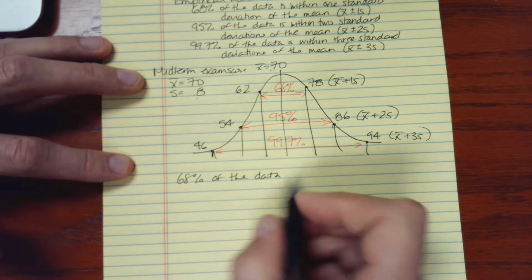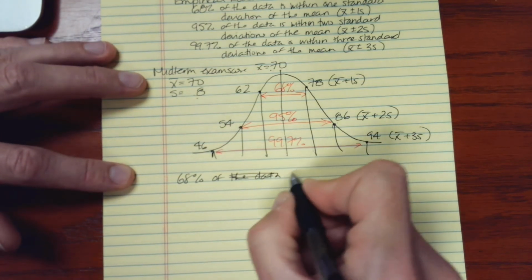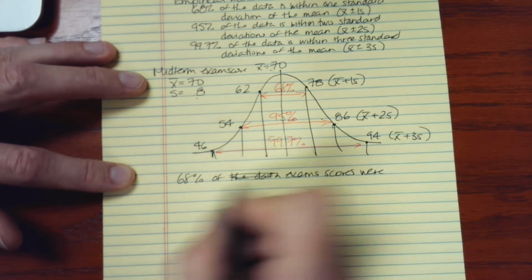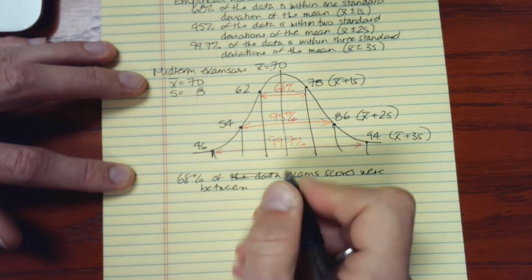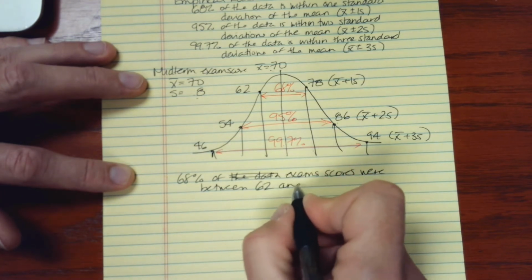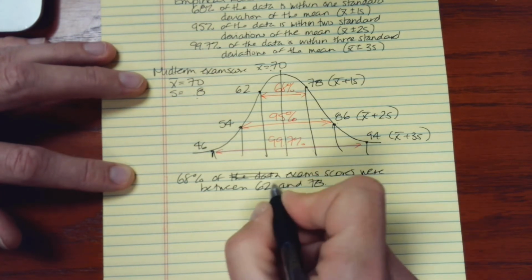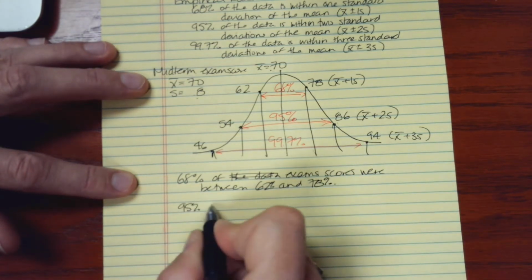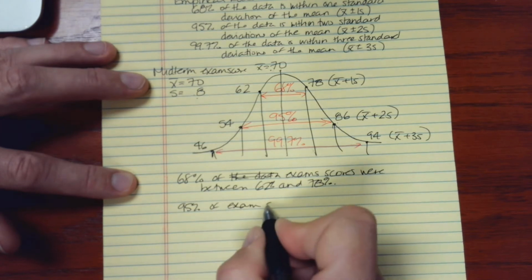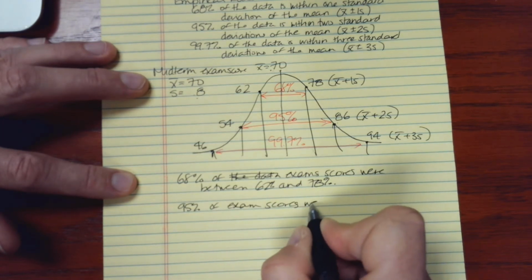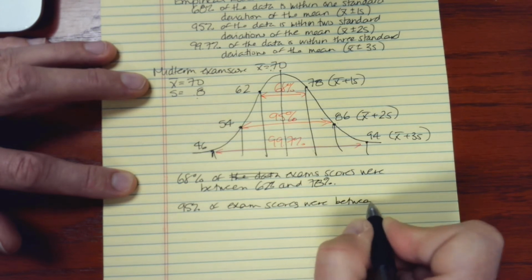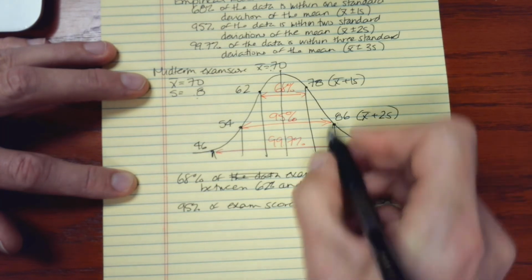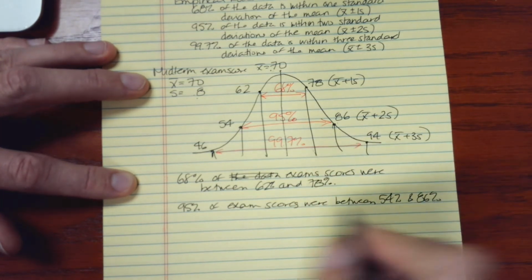Instead of saying 68% of the data, I could say 68% of exam scores were between 62 and 78, and maybe those were actually percentages in this case. I could say that 95% of exam scores were between, let's see, 54% and 86%. And lastly,